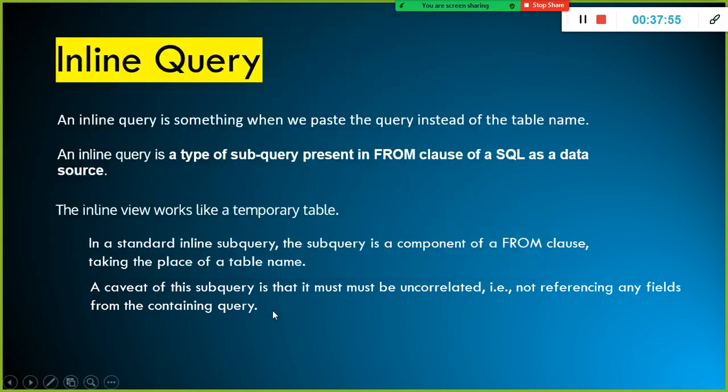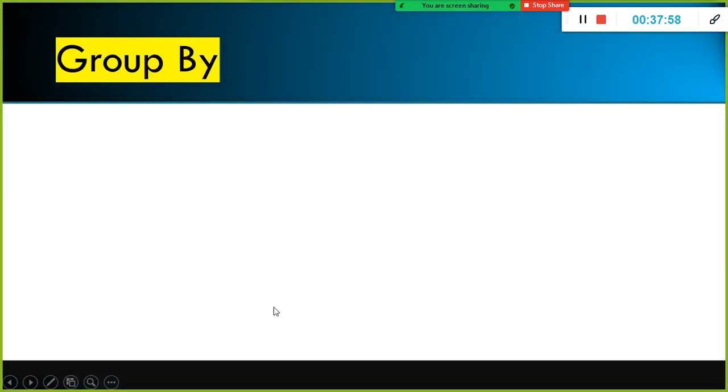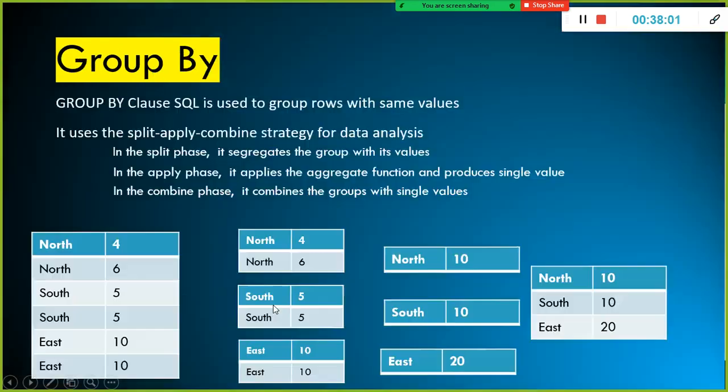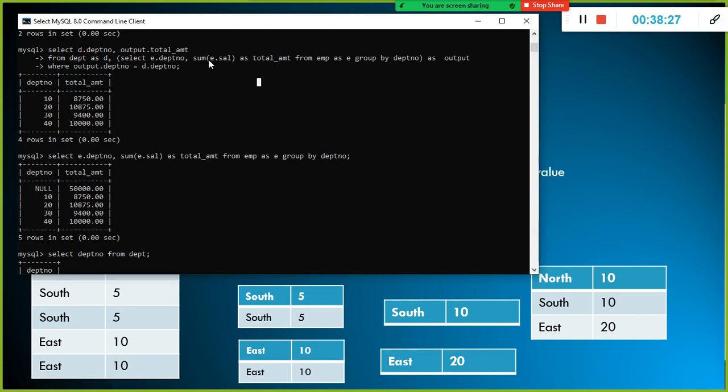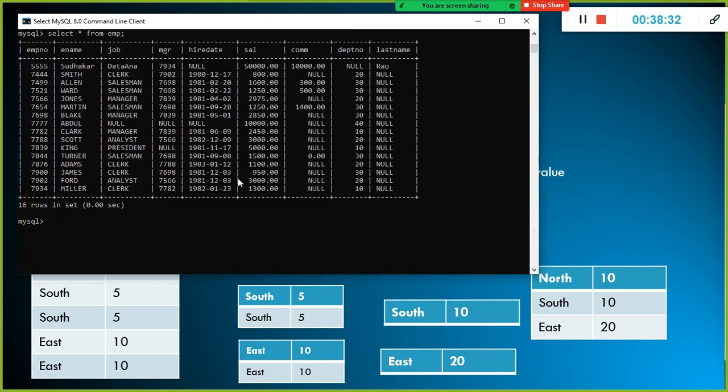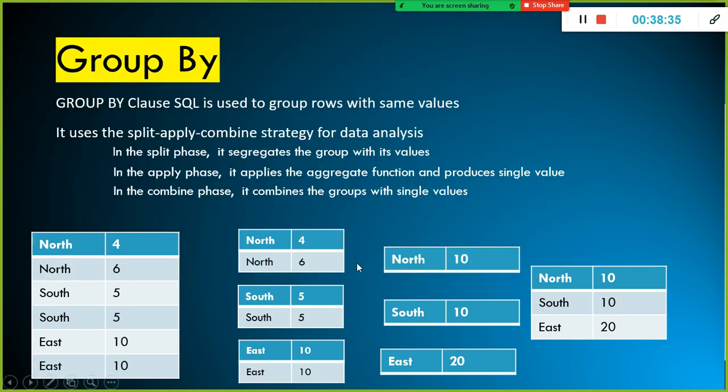The group by does the same thing in each department. Let's say, instead of north, the sales department. In the sales department, one guy is getting this salary, and in the same sales department, another guy's salary is something. Add these two things together. In total, what is the total salary in the sales department, and in each department? We aggregated the values. What do you mean by aggregation? Sum. You can use sum or average or minimum, maximum, count. These are called aggregate functions. So now you understood how the group by works.